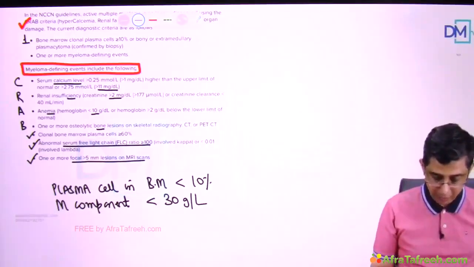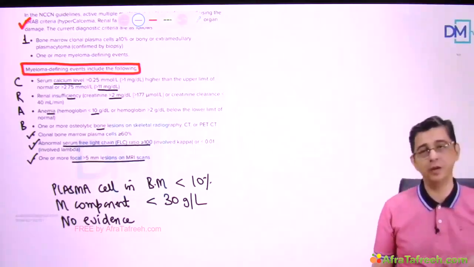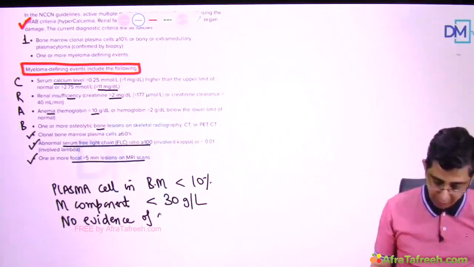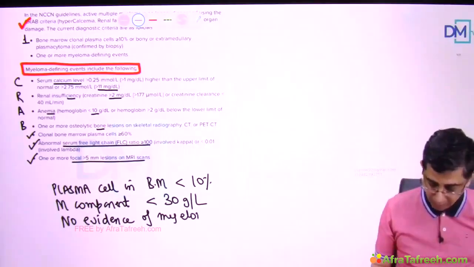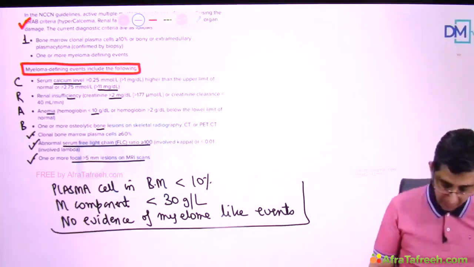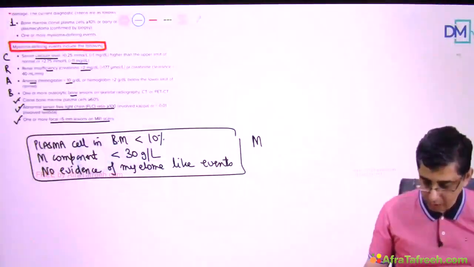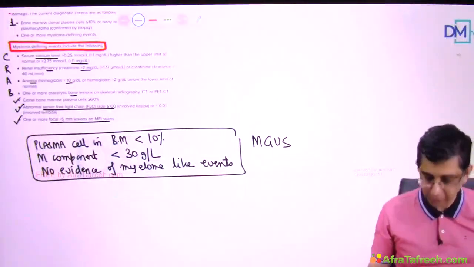And he also mentions that in the patient there is no evidence of myeloma-like events. Instead of saying CRAB, the only difference is myeloma-like events. So there is no evidence of myeloma-like events in a patient. Then in these circumstances, the diagnosis of the patient should be given as MGUS, that is monoclonal gammopathy of unknown